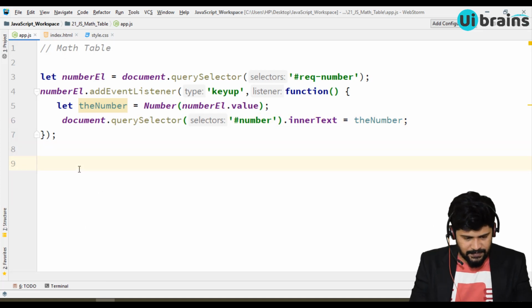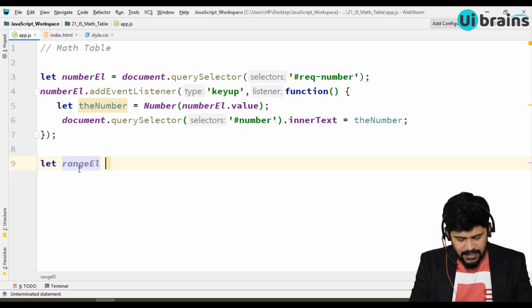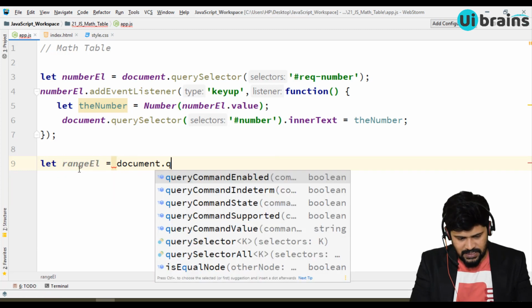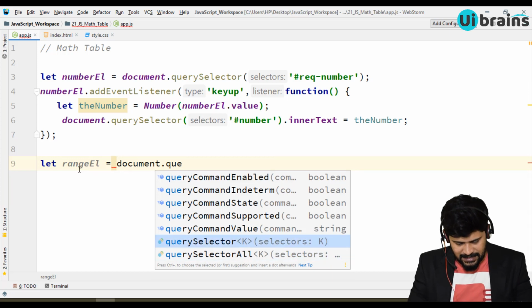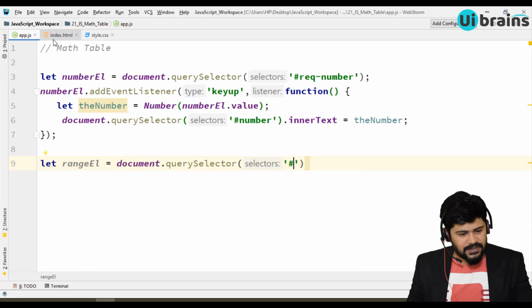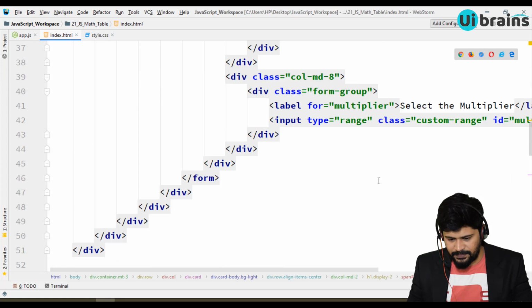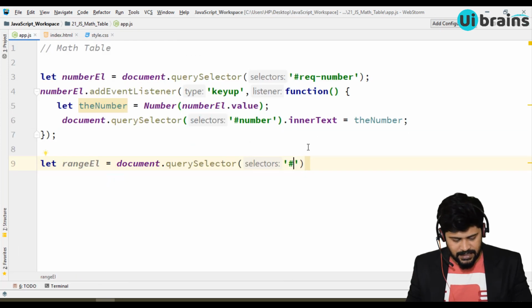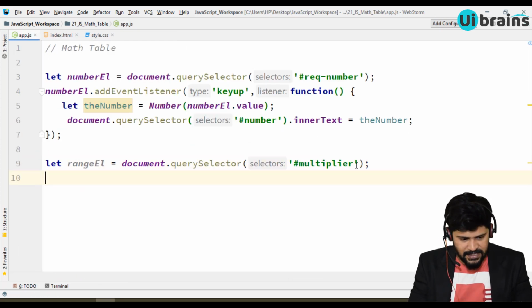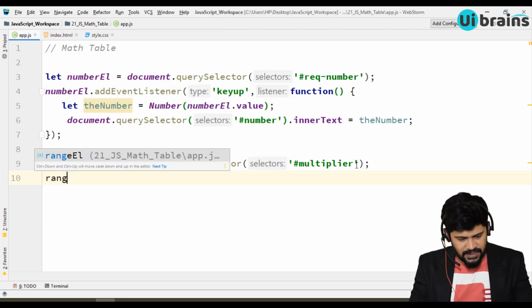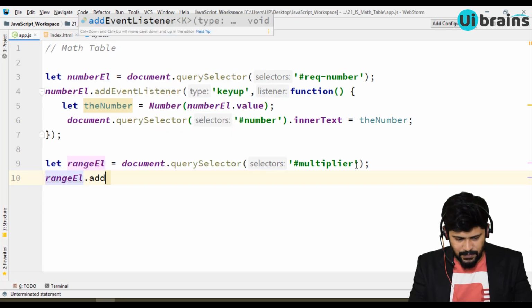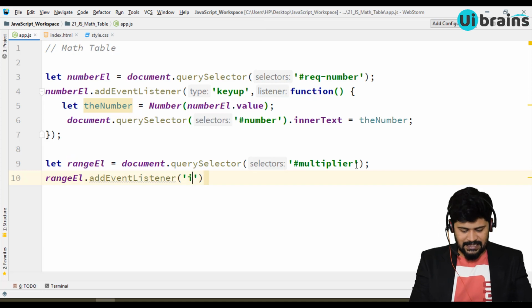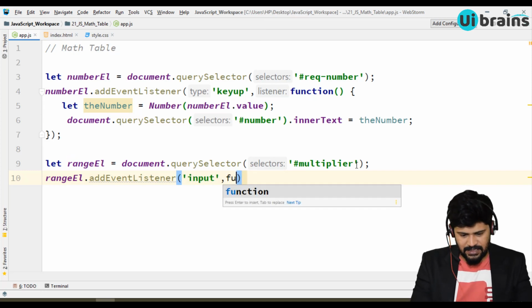So here again, let rangeEl is equal to document.querySelector of #multiplier, so we have an ID of multiplier. Attach an event: rangeEl.addEventListener, event is input event, comma, one function.